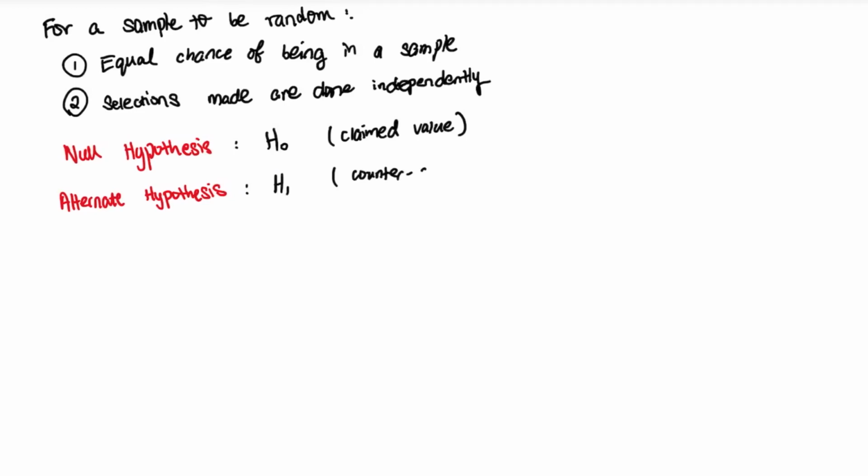So it goes against whatever this claim value is, your H naught, which is what your null hypothesis was. And to say that, given a certain scenario, possibly your null hypothesis has to be rejected. So it could be accepted, it could be rejected as well. So hence that brings us down to what our